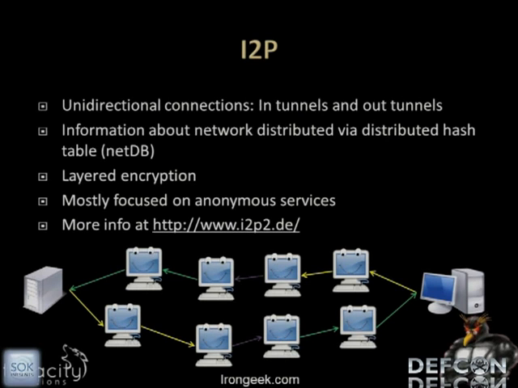It also uses layered encryption. It generally refers to it as garlic routing, and I'll try to explain some of the definitional differences between the two. But its key focus isn't outproxying to the public internet. It can do that, but generally you have like one outproxy. Its main goal is so you can host something internally without other people knowing you're the one hosting it. And this could be anything from an eepsite, which is a website, to a box you can SSH into, IRC, all those sorts of things.